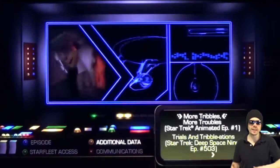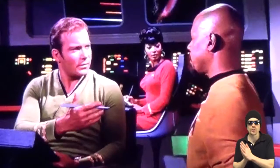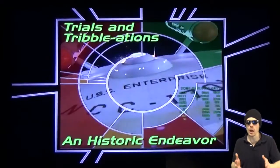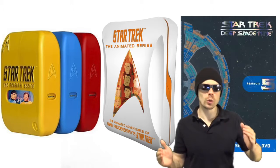Tribbles episode. You get an animated series episode about Tribbles as well as the Deep Space Nine episode where Sisko encounters Kirk in a very impressive blend of effects. There's also 2 features that show how that episode was accomplished with these effects. Now you can find these episodes elsewhere in home media, but having all this Tribble stuff in one place is